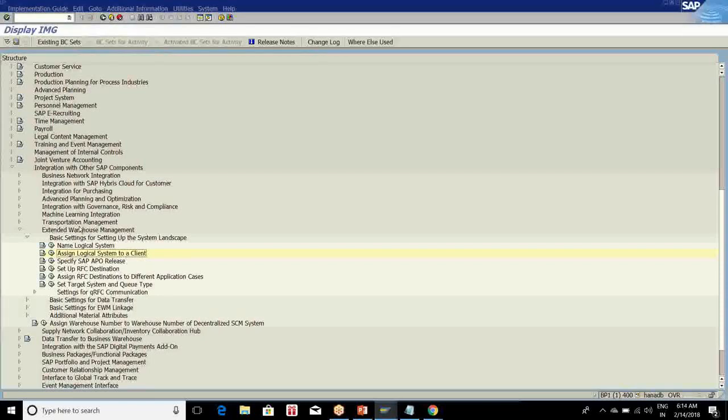However, there are two things which we have to focus on here. Though EWM was embedded in the ERP system, I mean in S4, we will still treat this as a